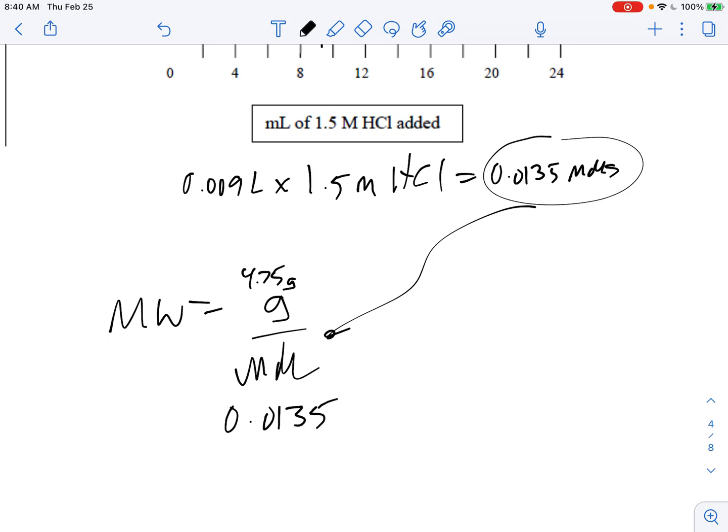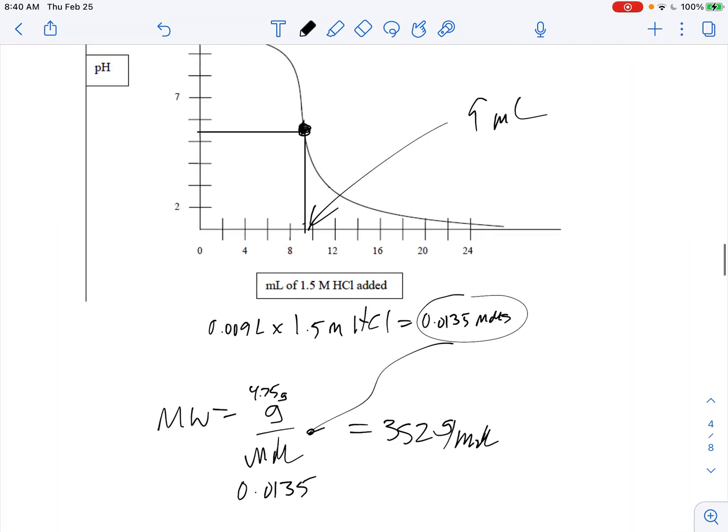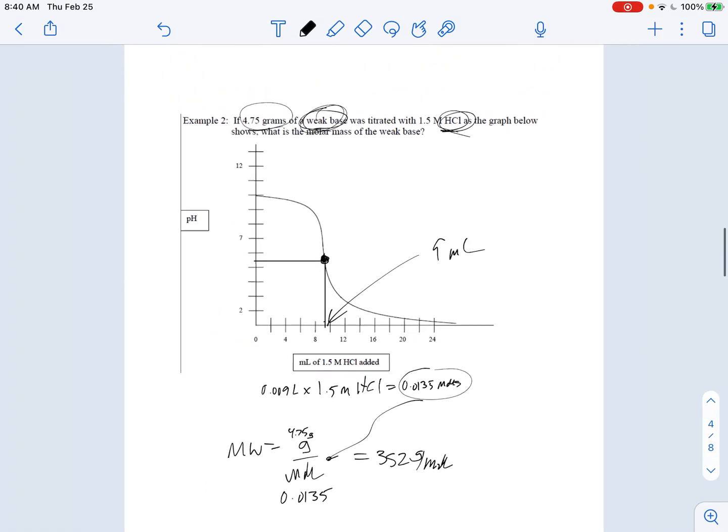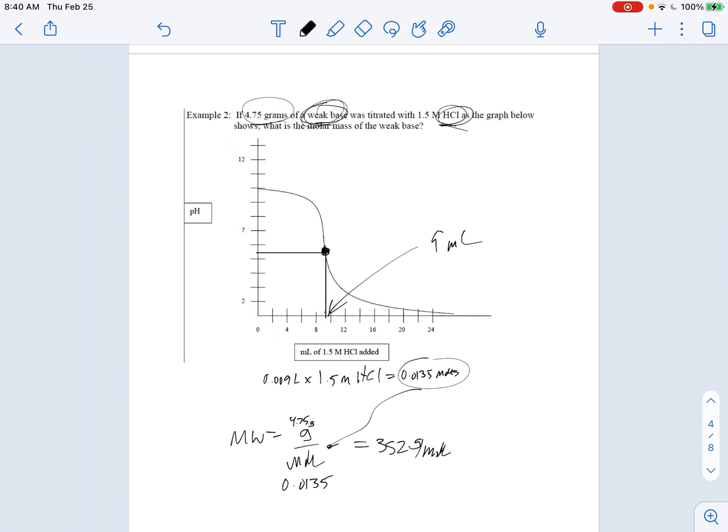So 4.75 divided by 0.0135 is going to get you a molecular weight in the neighborhood of about 352 grams per mole. So all of that are some very typical, straightforward problems that they could ask you about titration curves that are